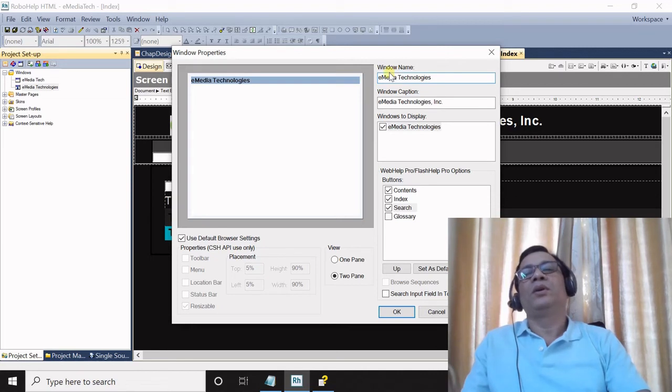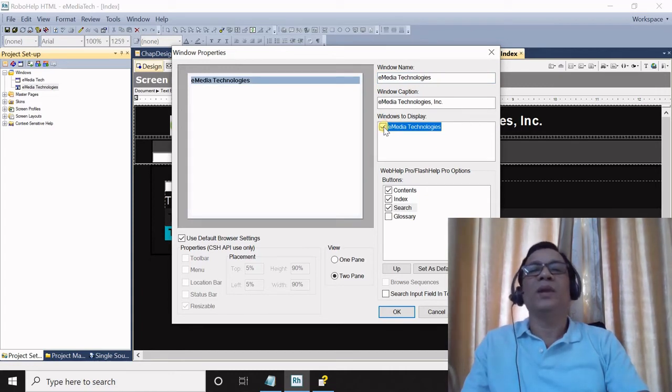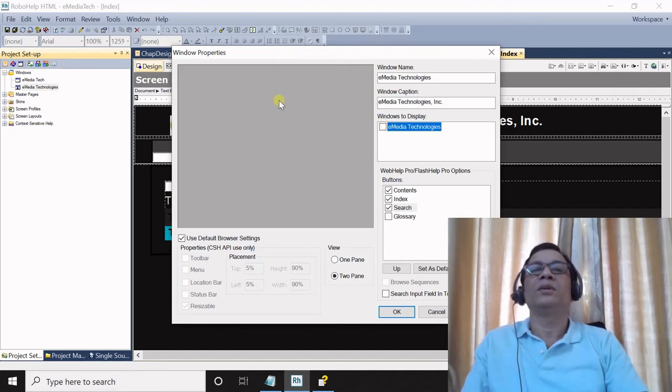So to begin with, we have window name, then window caption, then windows to display. Windows to display is actually a type of list. If you have multiple window names, then you must select the one that you are going to display in your help output. So if you do not select, this will just disappear.